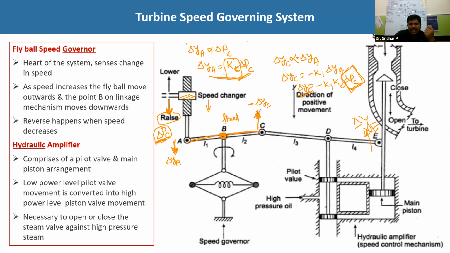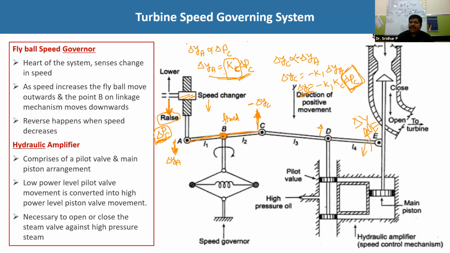Now if this point C is moved in the upward direction, then consider the D and E points, like this CDE junction. This is point C, this is D and this is E. Now what happens? C is pulled in the upward direction. It means there may be a chance that point E will be moved in the downward direction. There may be a chance of movement of D also. So if C moves in the upward direction, D may be slightly moved.